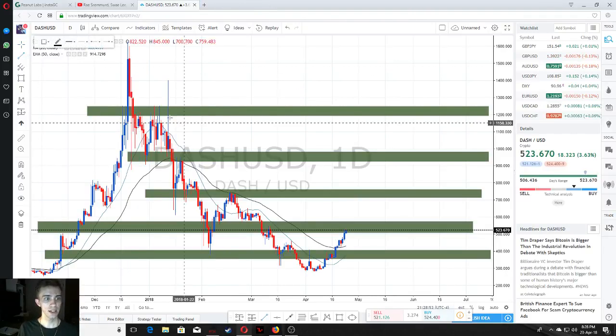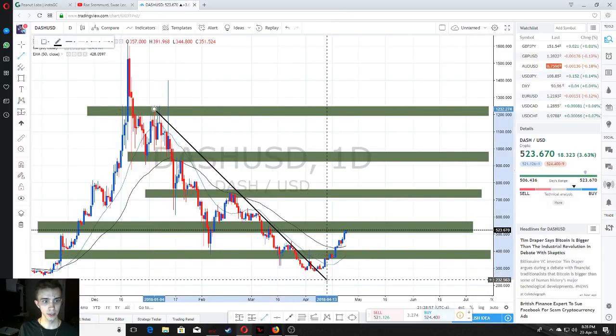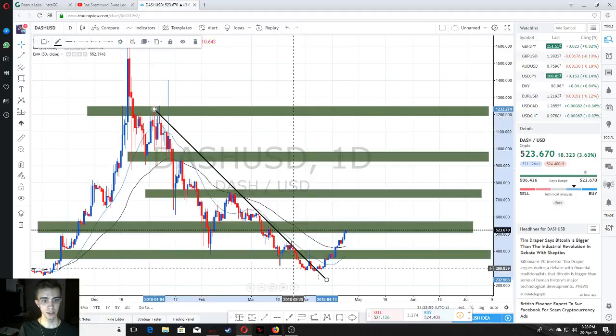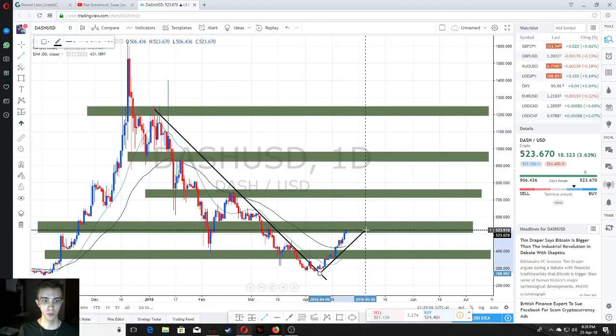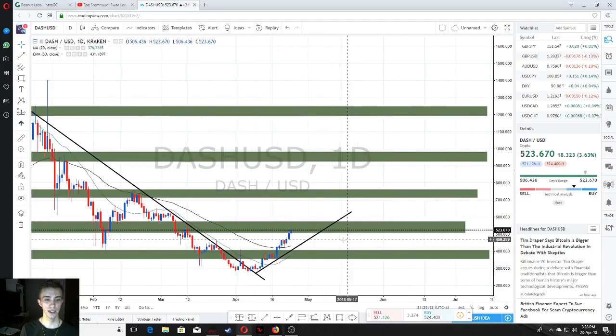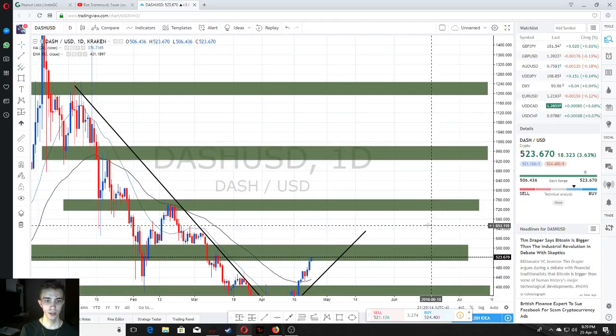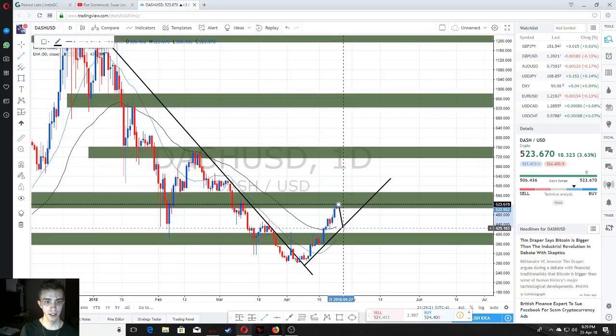Okay, so looking at Dash, overall we've broken this downtrend. As you see, it's been tested multiple times. Down. We broke, and then we moved up to the upside here, just like so. So what ideally we're looking for here, since we're testing this zone, as you see currently, let me widen this up for you. We should see something coming down like this,